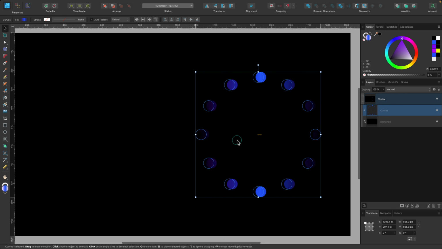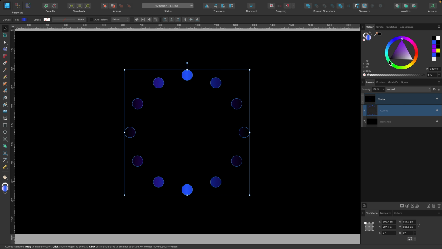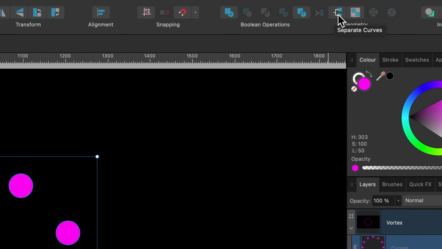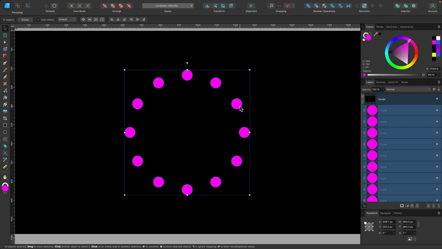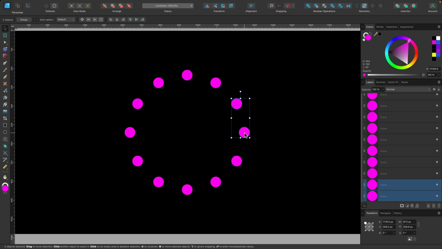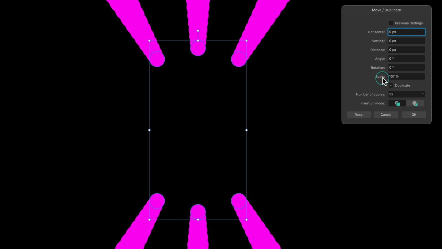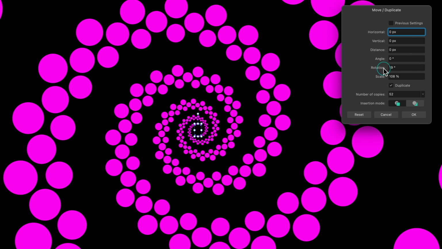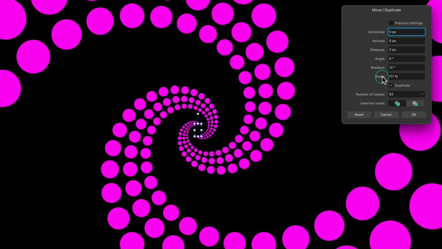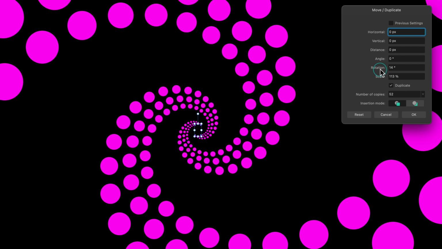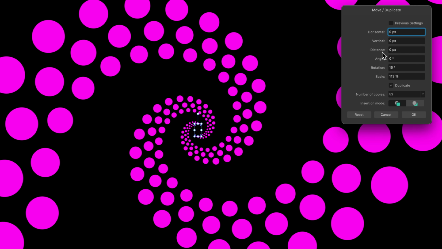I'll just press cancel again and scale that up. Another thing you can do is just delete some of the circles and see what you get. So I'll make them all the same color again, and I'll go up to geometry and separate curves just up there. Click on that, and now I'll select, hold down shift, select this one. I'll delete about 3 on each side, and we'll try again. I'll select all of them, press return, and do the same again. I'll bring that in slightly and get a bit of rotation going on. So there we go. That's another thing I've made just by deleting a couple of those circles.